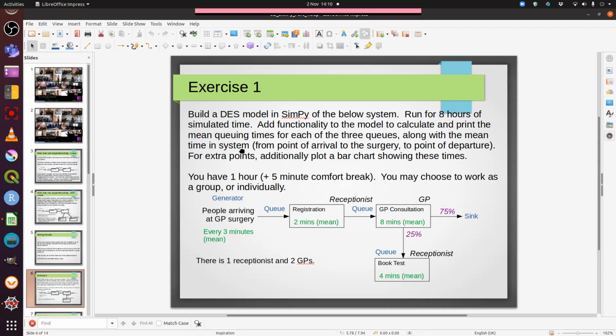So I'm going to give you a challenge. Now, you can choose to do this individually if you prefer. I'd probably recommend in most cases you work on it as a group, because this is new to you all. So have a go at building this as a group. Make sure you're all following along as well. And what I want you to do is build your very first discrete event simulation model in SimPy of this